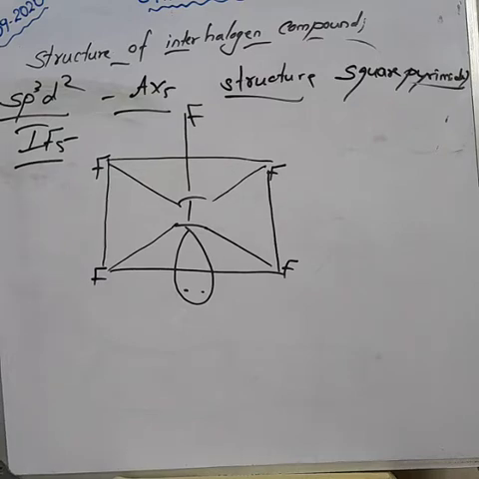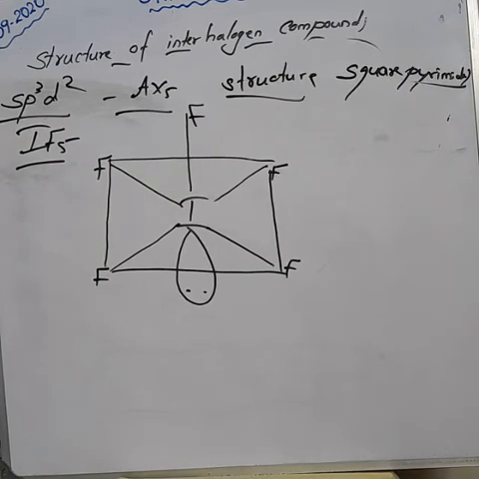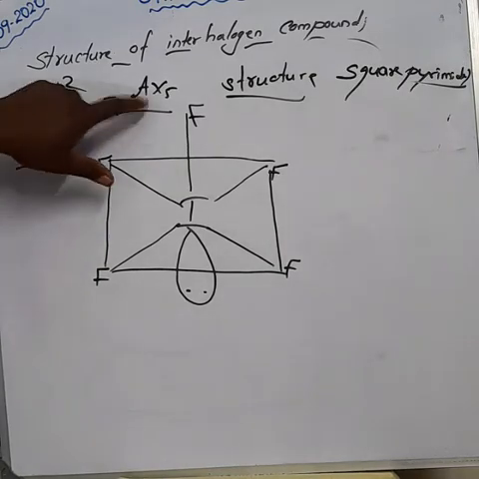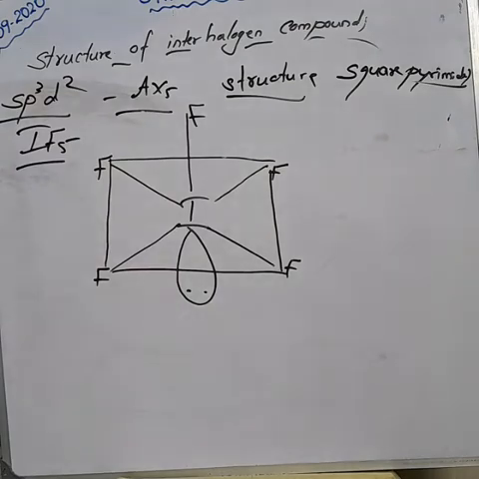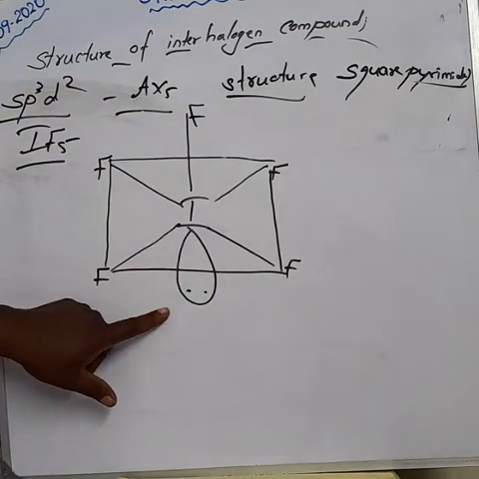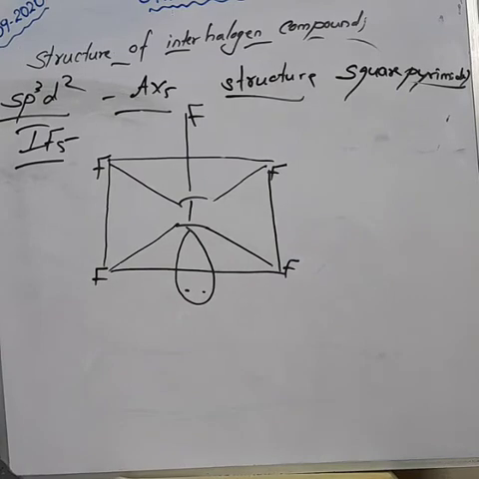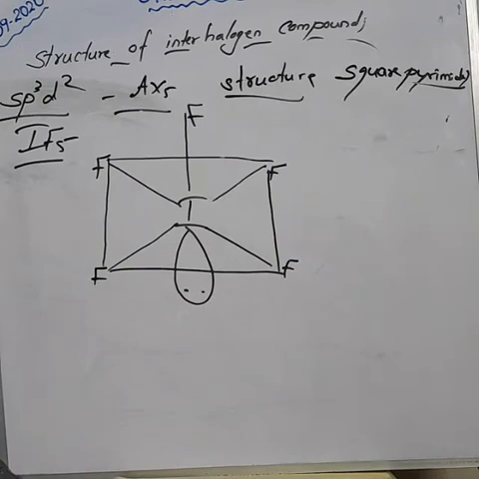For IF5, how many bond pairs are there? Bond pairs are 5: 1, 2, 3, 4, 5. How many lone pairs? Only 1 lone pair. Okay. Next, the last one is